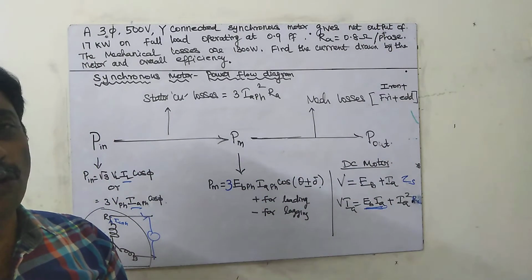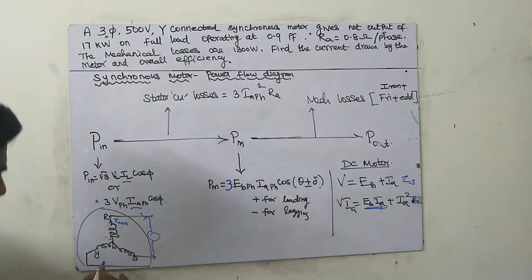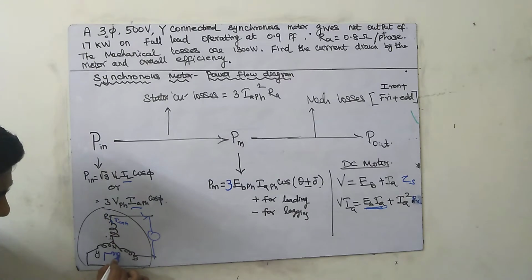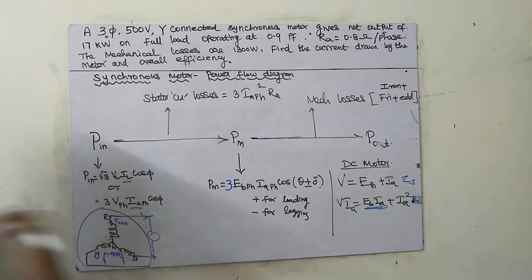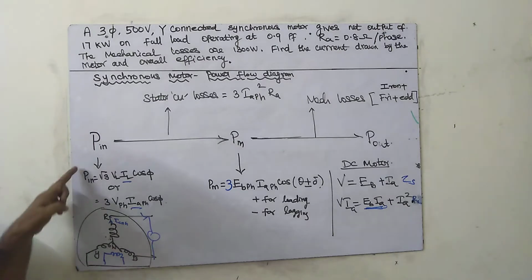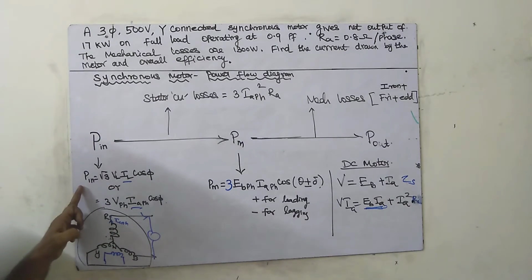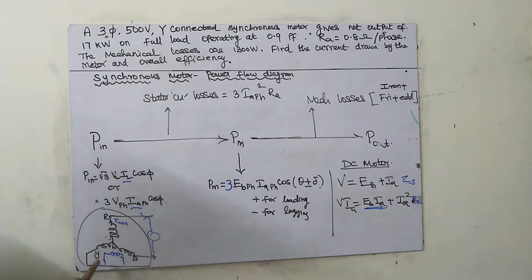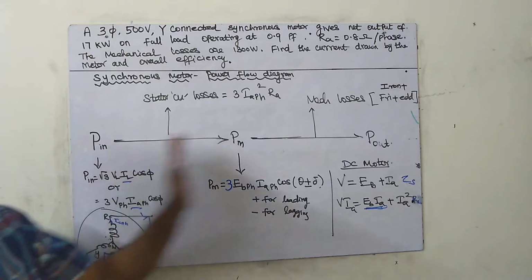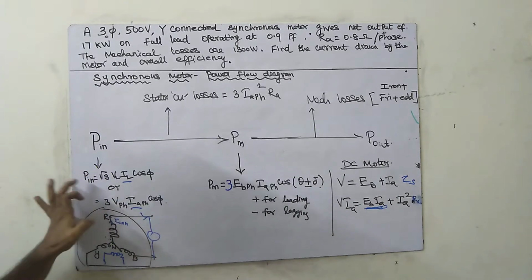What about the rotor? Will rotor eddy losses be there? See, here the rotor is given DC excitation, separate excitation. It won't have any effect with this supply, because here we are giving AC supply to the 3-phase winding only. For the rotor we are giving a separate DC supply, because it is a separately excited system. Okay, so we are giving a separate DC supply. So here we are not taking it into account; it won't affect this P in.